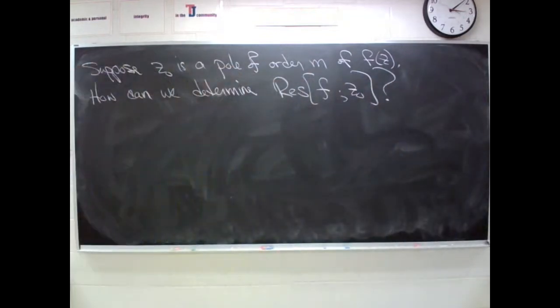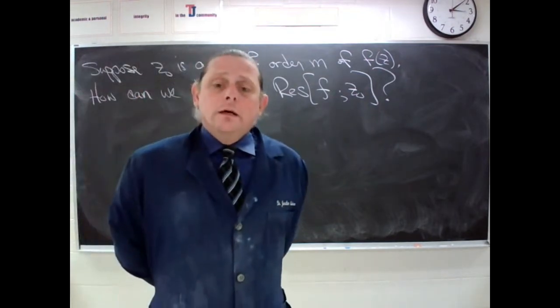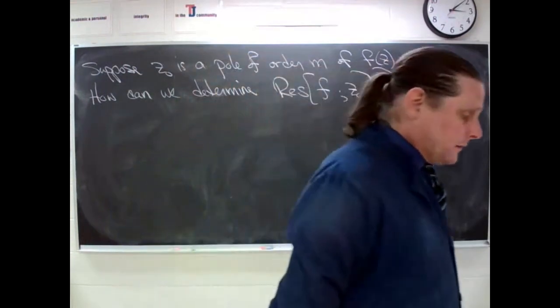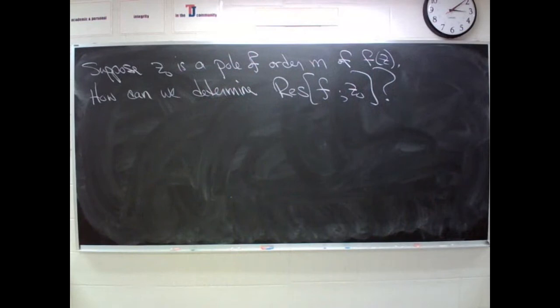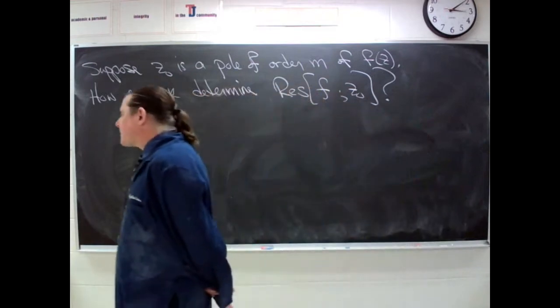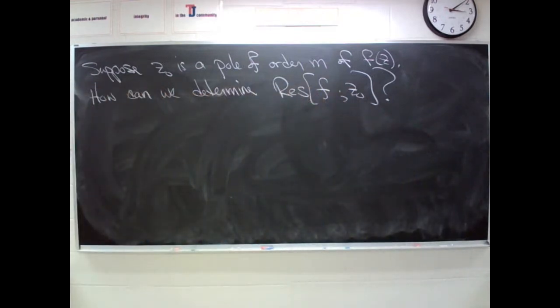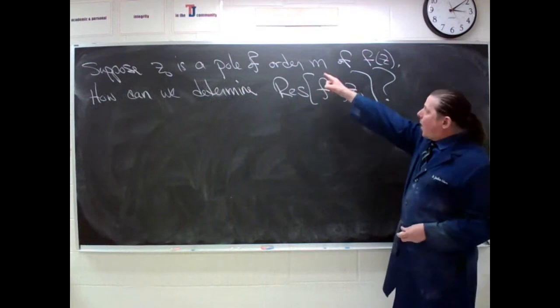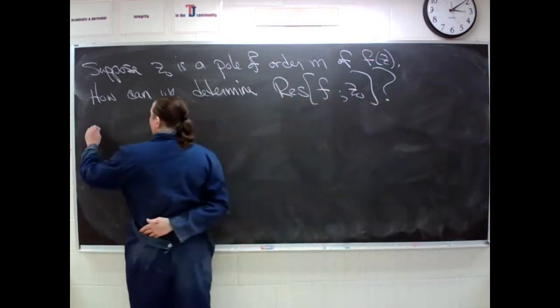If my function is given in terms of functions like sine or cosine or e to the something, which have easy Taylor series that we can manipulate in an easy way, then we might just appeal to the Laurent series. However, there's also a formula that we can use. So, since f has a pole of order m at z naught, I could say